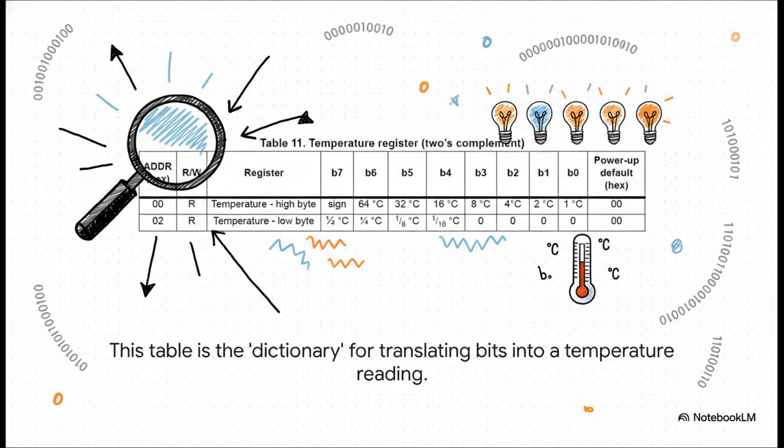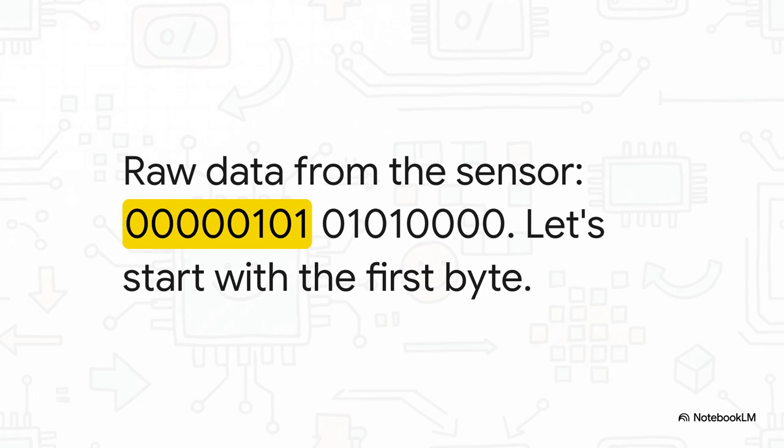Some bits represent whole numbers, like 1 degree, 2 degrees, 4, 8, and so on. And other bits represent the fractions of a degree, a half, a quarter, an eighth. All right, here it is, the raw data, fresh from the sensor. Let's start with that first chunk, the part for the whole numbers,